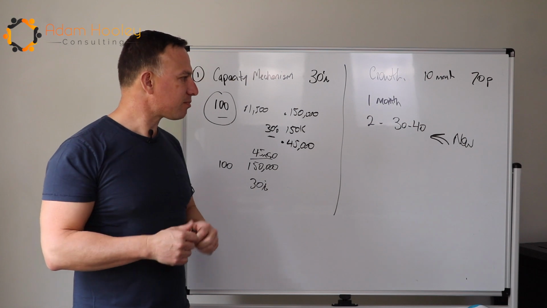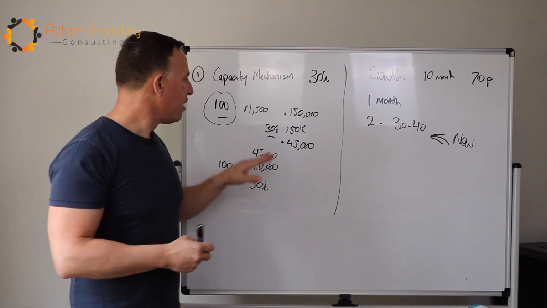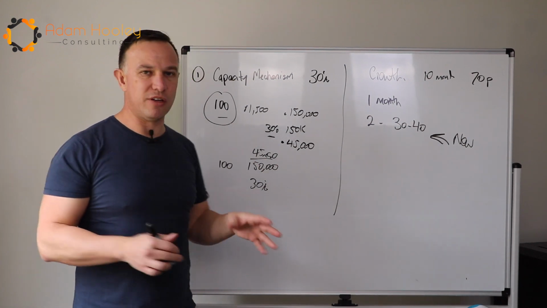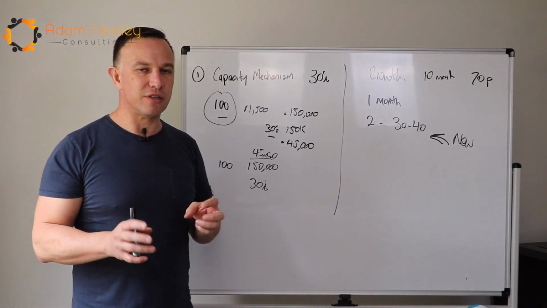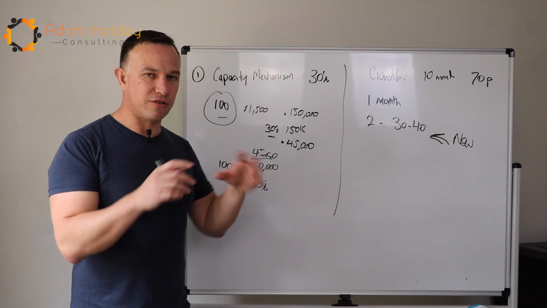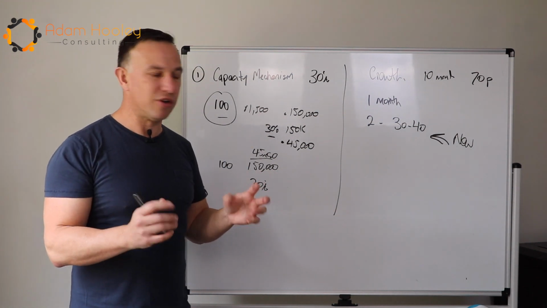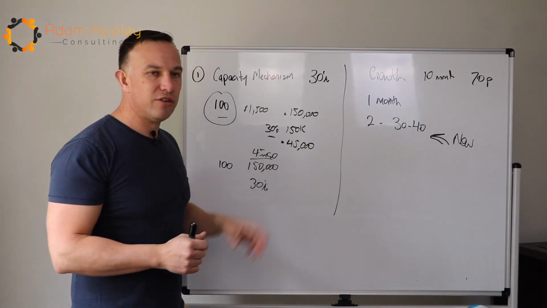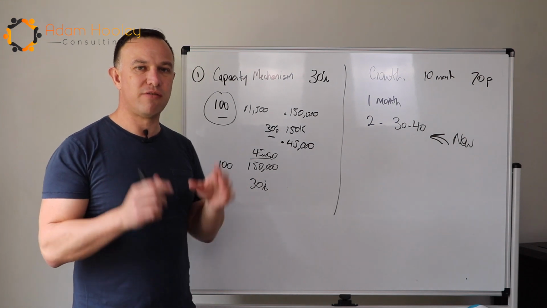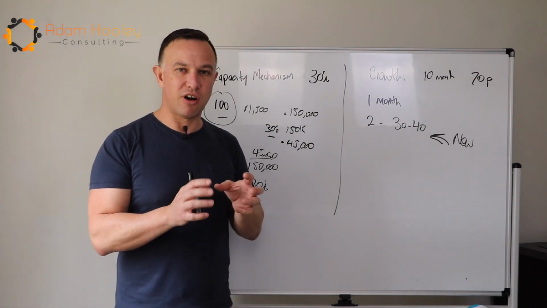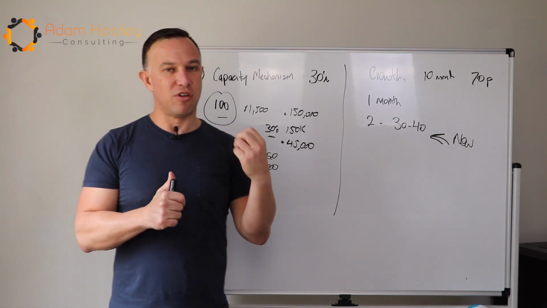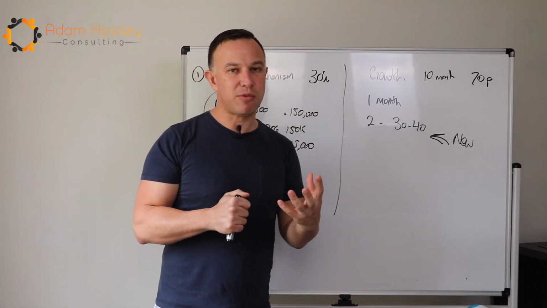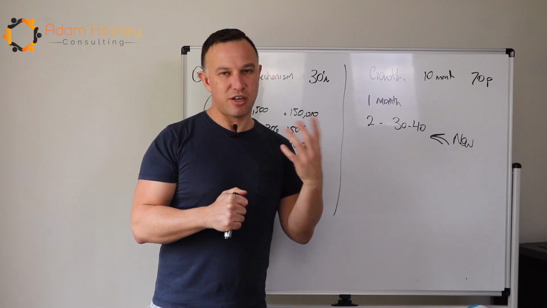So one of the other questions I had was, how do I actually duplicate this framework into a departmental structure if I'm running a departmental structure? Which is a really good question. So what I do is, departmental structure is usually a collective group of people. So you can apply the same concept to a departmental structure. So if you had 400 properties, then I would just apply that whole framework to 400 properties. So say the growth rate was at 30 properties a month or 20 properties a month, let's say 20, then